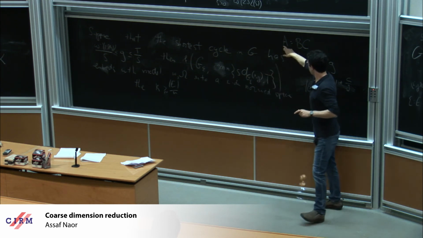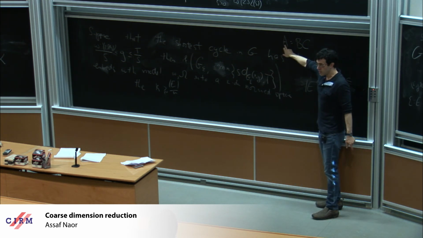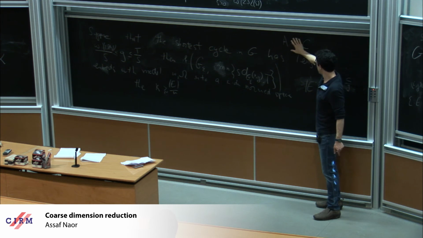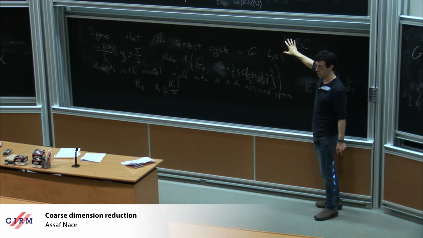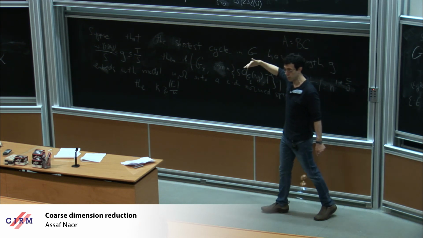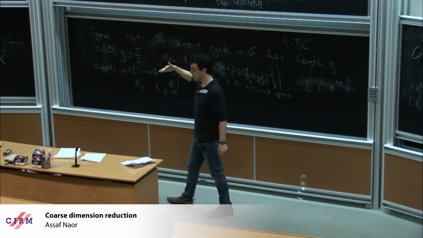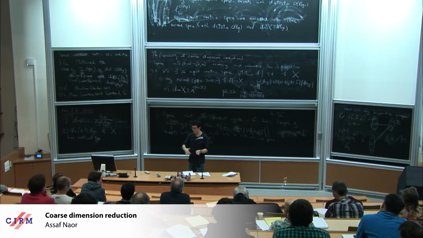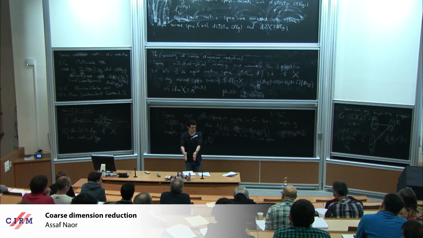But that means that the entries of A satisfy a family of quadratic polynomials. Think of the B and C as variables of this equation, and they satisfy a certain family of quadratic equations. So they lie in some low-dimensional variety, which is determined by polynomials of low degree, which I can